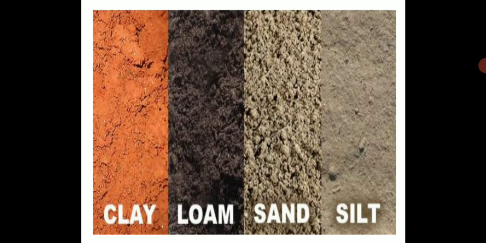What are the different types of soils we have? We have clay, loam, sand, silt. Please take down in your notebook, you are going to write different types of soil. Under that you are going to write clay, loam, sand, silt, and you can see the image over here showing the different types. They differ in the color, the texture, the size of the particles of the soil. So they differ in various aspects, and the properties will also differ definitely.